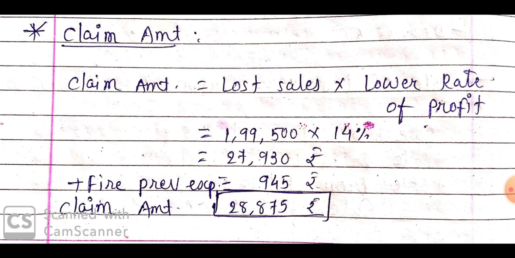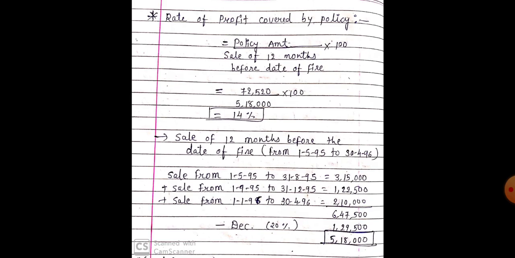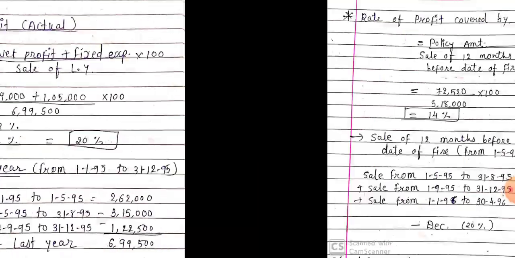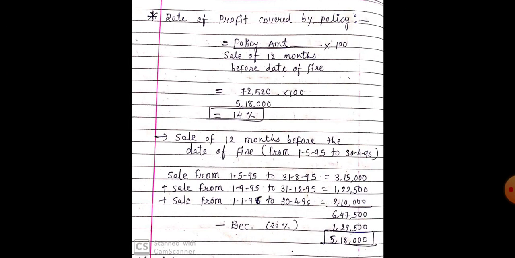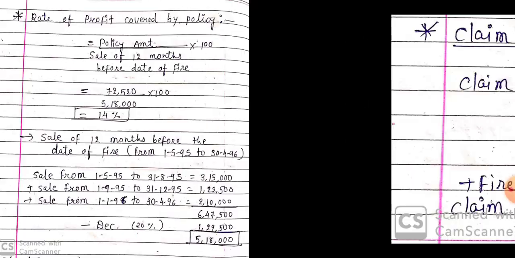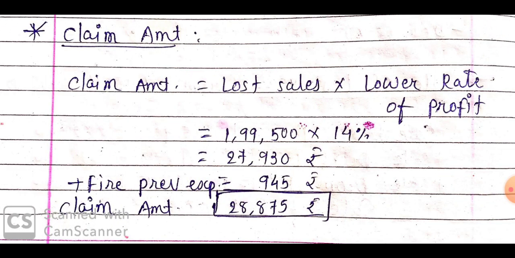We have calculated the actual rate of profit, that is 20%, and the second one is profit covered by policy, 14%. So now we consider the lower rate of profit, that is 14%. So now lost sales 1,99,500, lower rate is 14%. So our claim amount is